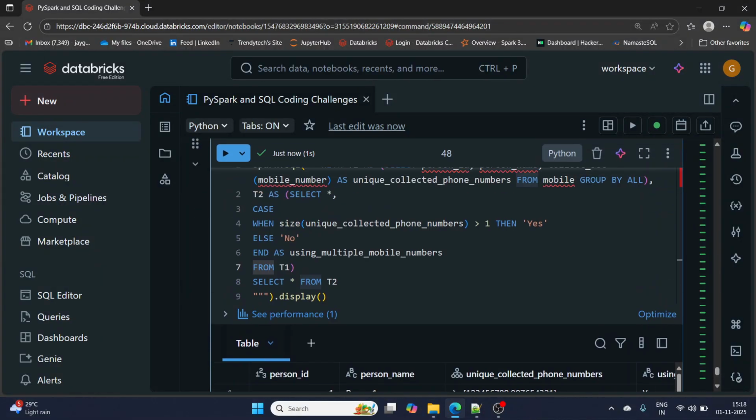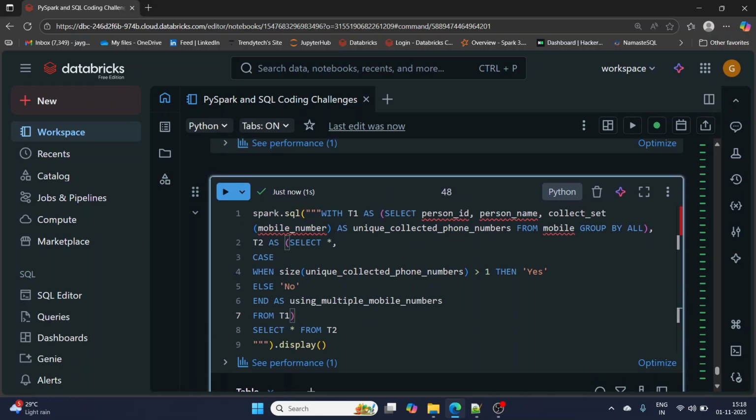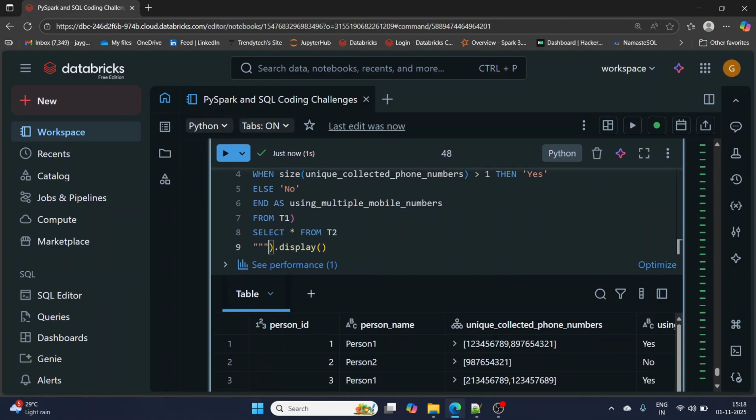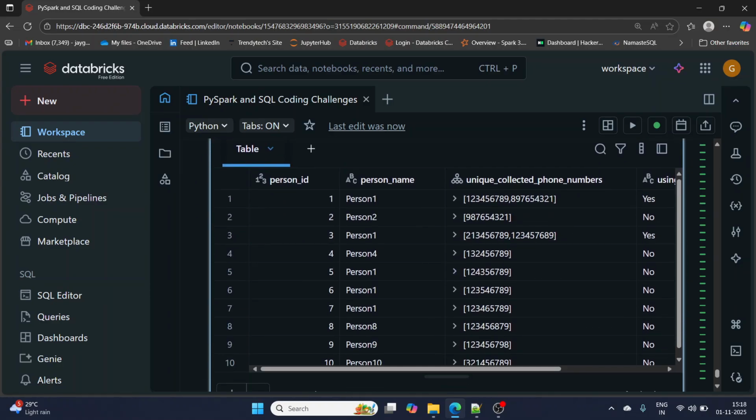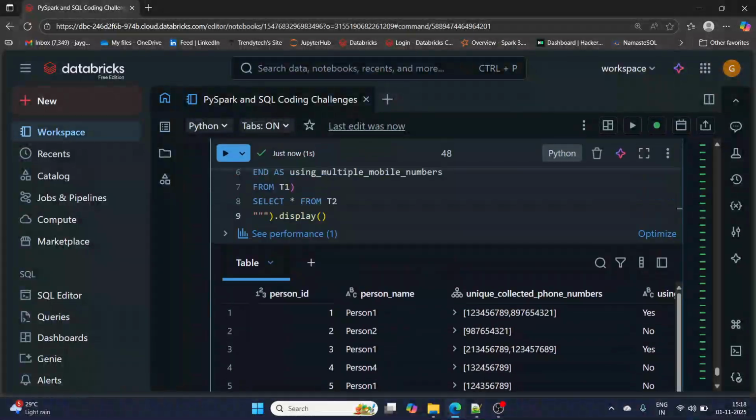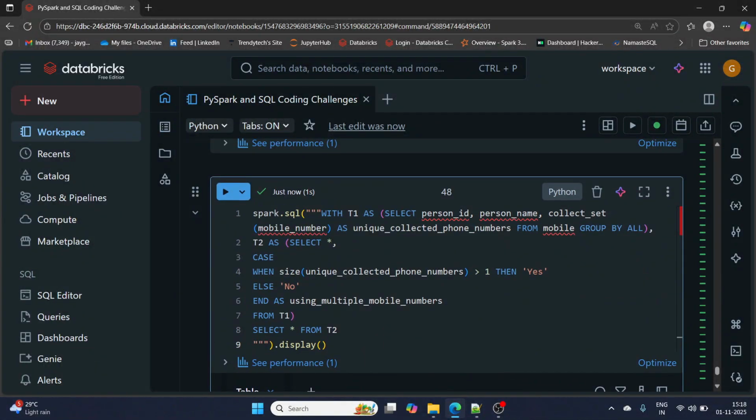Yes, it has worked. Right. So, silly mistake we have done. That's okay. We will correct our mistakes, right? We are capable of correcting our SQL and PySpark mistakes, right? Let's keep going on. It's okay. This is the result. Same result we have got, right?